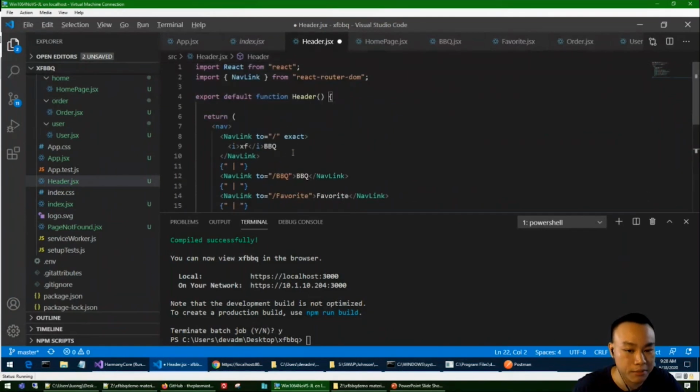This will allow us to navigate between pages. We need to add an npm package, React Router DOM, which will turn this into a single page app. Let's go ahead and do that. I'm going to type in npm i react-router-dom.